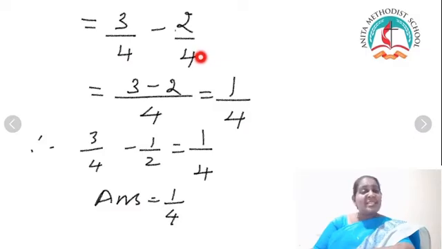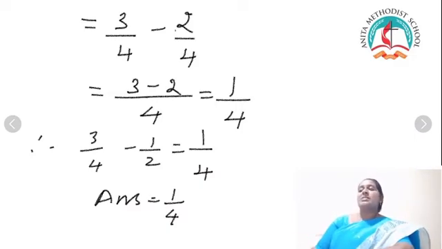So now the denominator is same. Now understood why you change? When the fractions are unlike, we cannot subtract and cannot add. After changing into like terms only, you can add or subtract. Okay, children? So 3 minus 2, 1 by 4. So 1 by 4 is the answer. Have you all understood, children? Hope you have understood. Shall we go to the next problem?